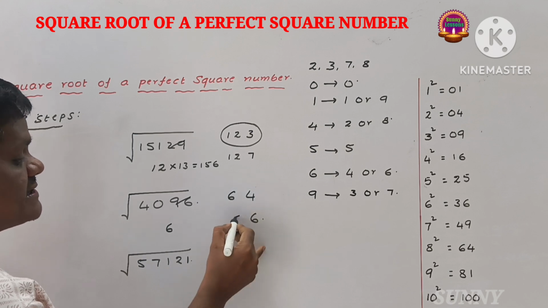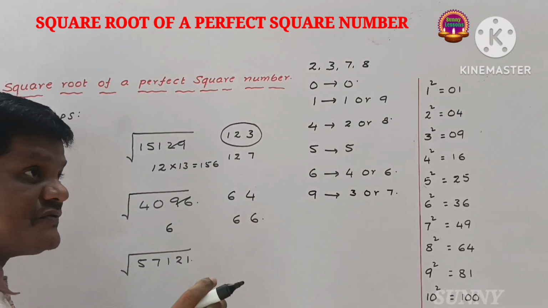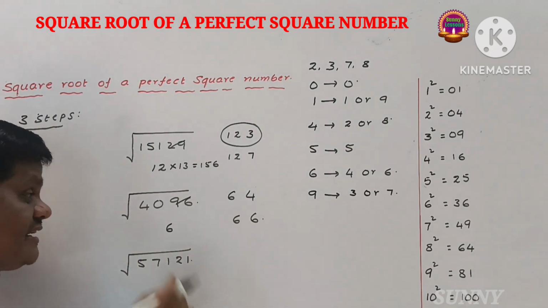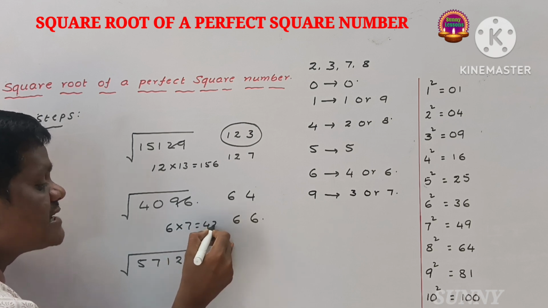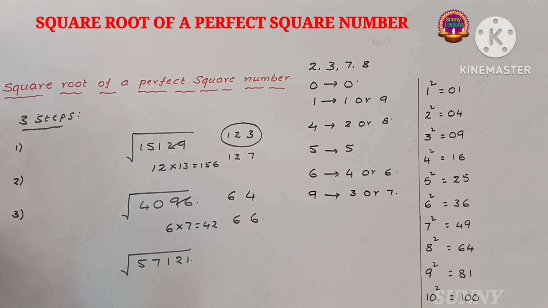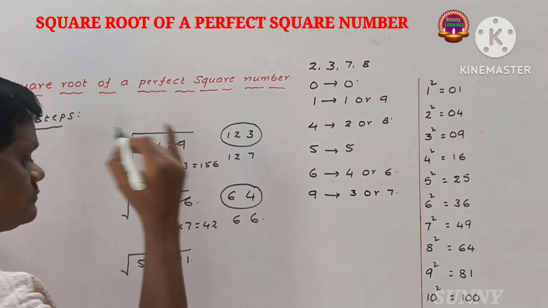6. So the square root of 4096 is either 64 or 66. Here the third step is the product of 6 and the number immediately after it, 7, that is 42. 40 is less than 42. So our answer is the smaller number, 64. Square root of